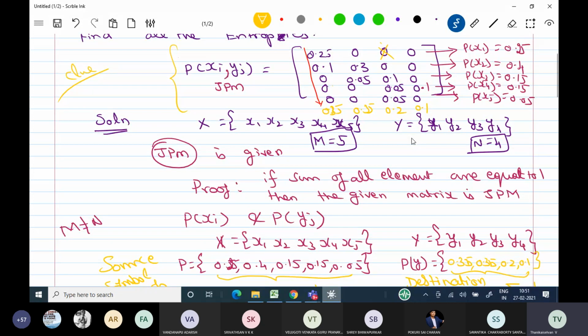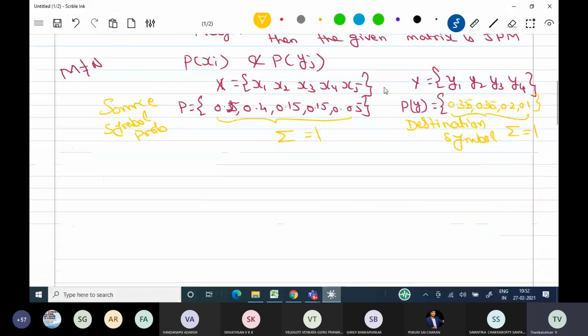By then you have to calculate it using the property. And suppose all the values are given, and the sum of all the values is not equal to 1, it means I have made a mistake. Straight away you can say that the joint probability matrix sum is not equal to 1, so entropy cannot be calculated. Like that you can give the answer. Now we have calculated the source symbol probability and destination symbol probability. We can proceed to